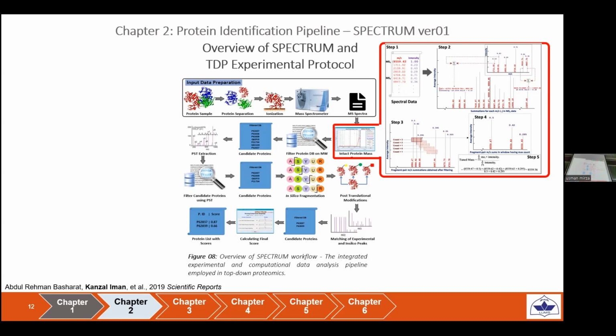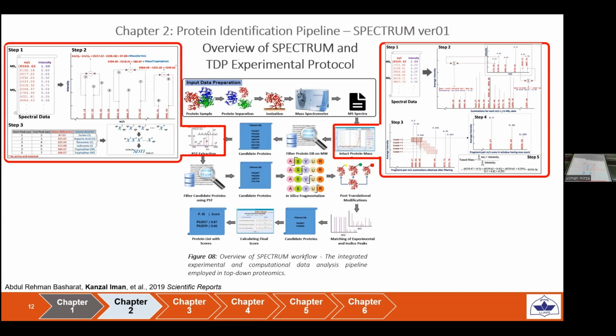This tuned mass is then used to filter out the protein database, as a result of which we get the first candidate protein list. This candidate protein list is then subjected to PhD extraction algorithm, which is the sequence-based filtering approach. In this algorithm, we take the spectral data in the form of MS2s and intensities, and these ratios are then used to identify the differences between consecutive MS2 peaks. If the difference corresponds to